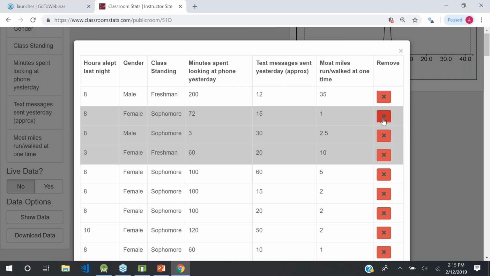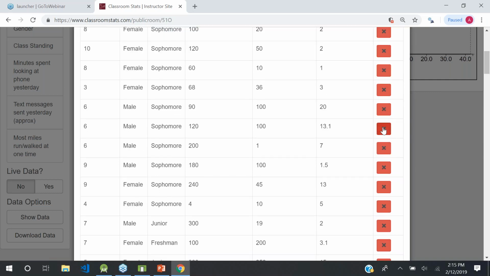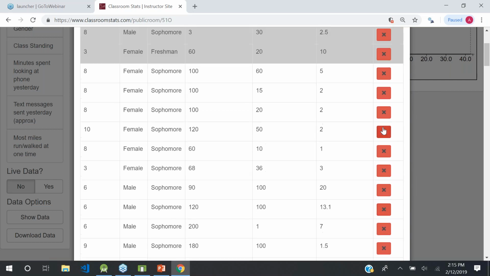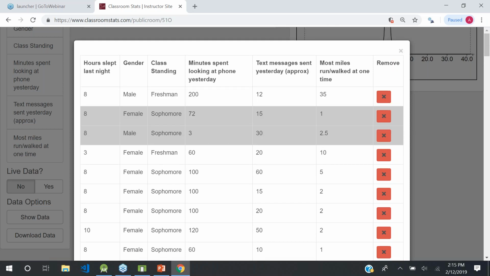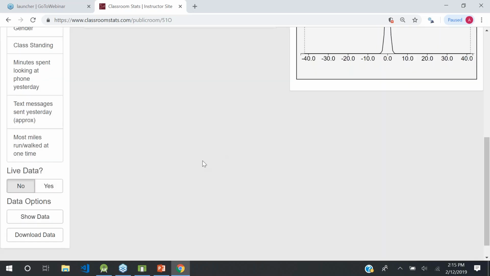You can change this live in class and see, you know, when we're doing regression, it's nice to have an outlying point to see how influential it can be, and you can do the analysis with and without that observation. So I will take that out. And while we're looking at the data,